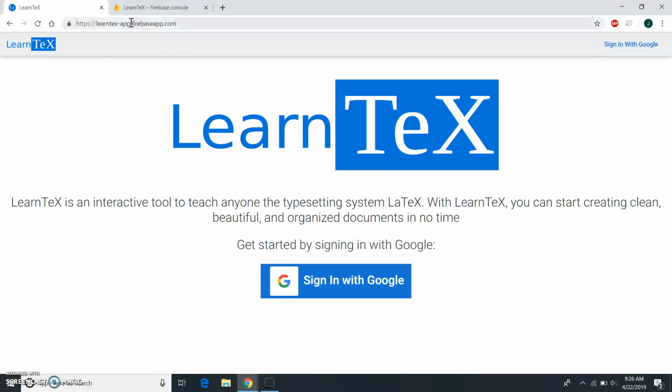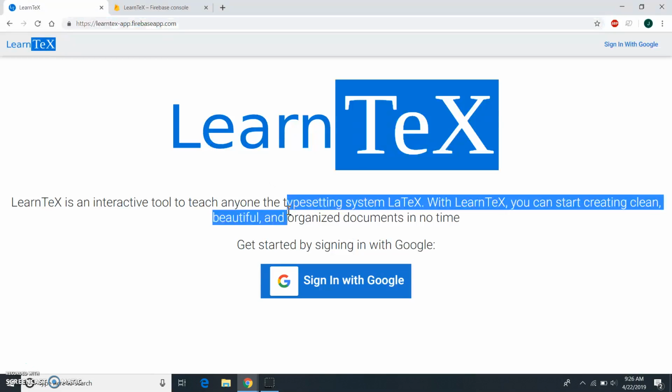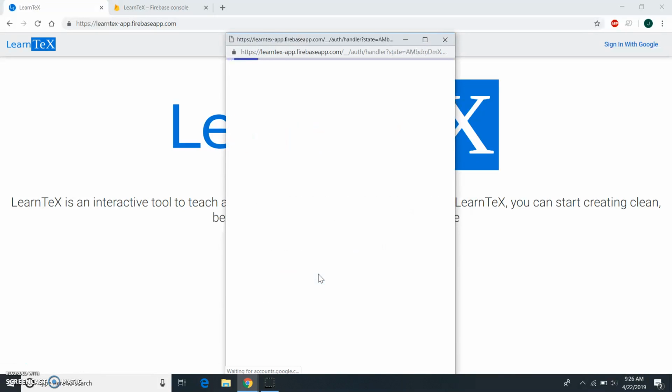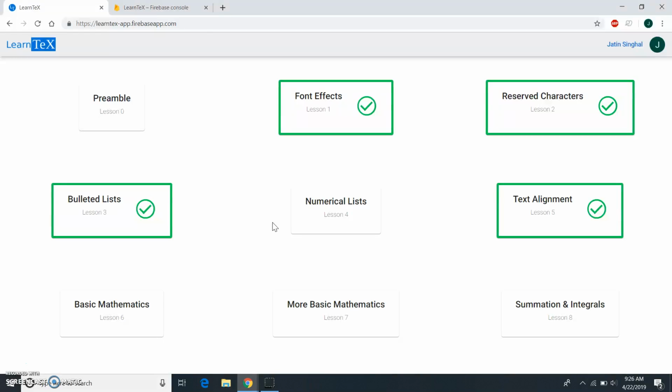As you can see over here, the LearnTeX app is hosted by Firebase, and to get started, we simply sign in with our Google account. I'm going to go ahead and do that real quick. As it logs in, you see that it leads us to the next base website, which is the actual tutorials